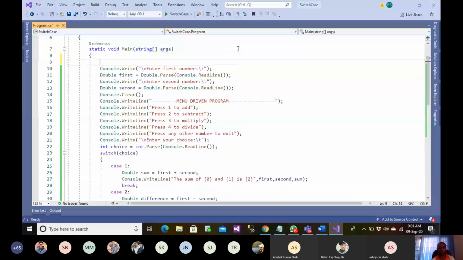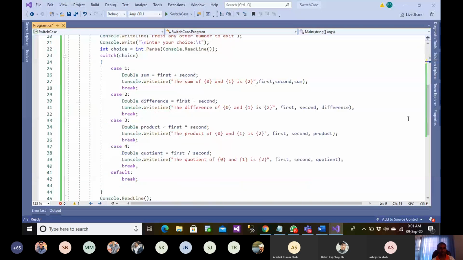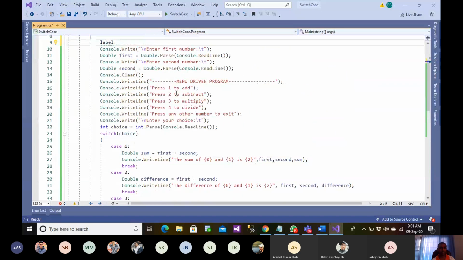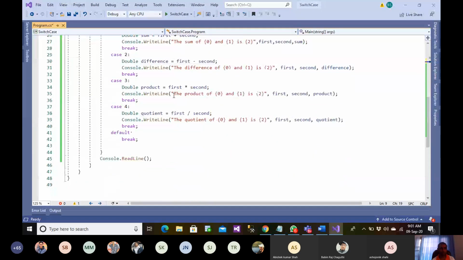So for example, I may have a label defined here, and I may ask the user if he wants to continue these things again. So I'll just go and write: Do you want to continue?